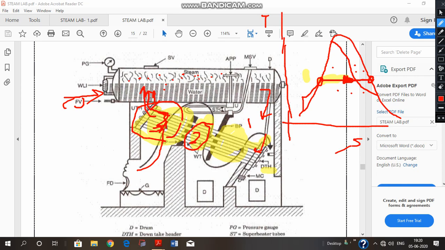Now it is required to be superheated. For that purpose, we are going to make the steam enter into the combustion, into the flue gases area by means of this pipe, that is the superheater pipe, and then we are going to take the steam out again through the steam stop valve. Now the condition of the steam when it passes through this superheater tube, that is the ST, would be depicted appropriately by this curve, this one.